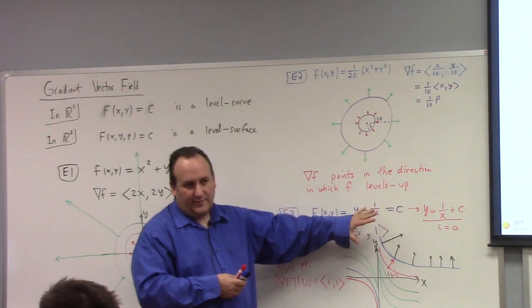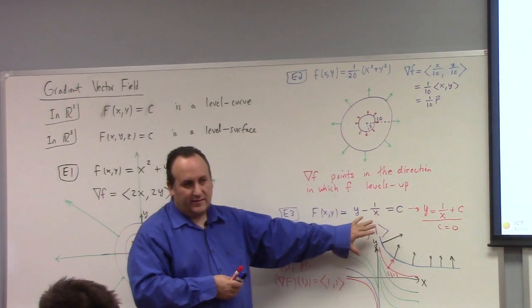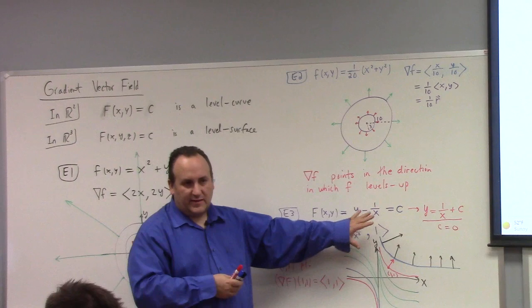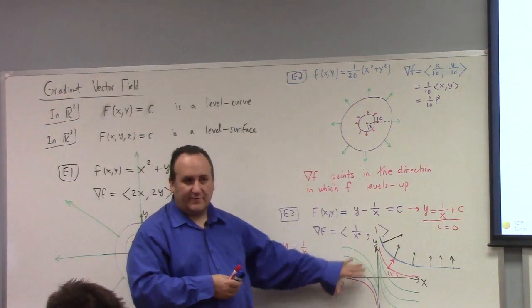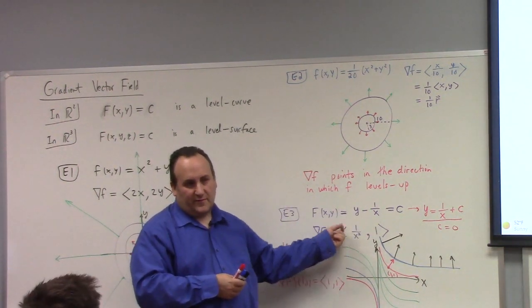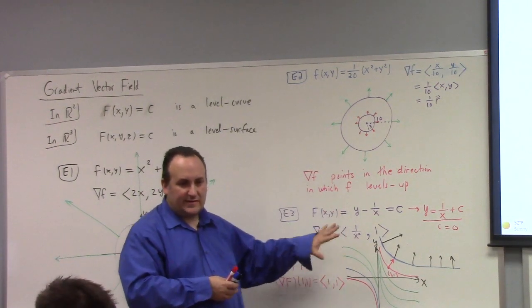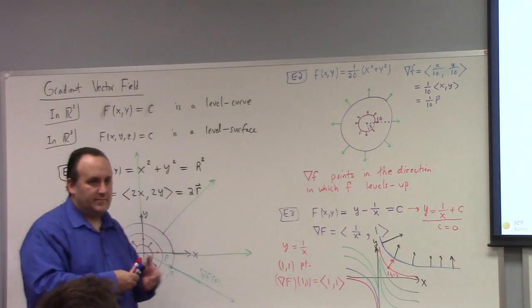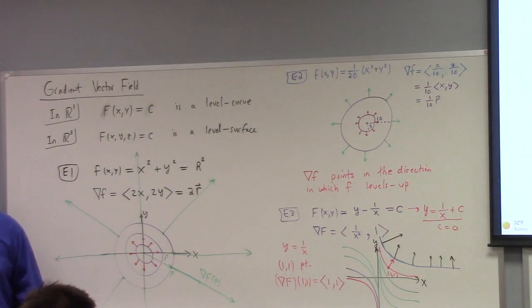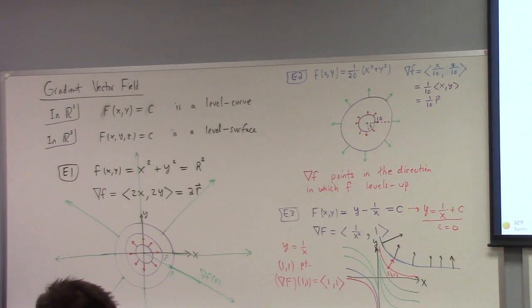You want to pick, I would say as a general rule of thumb, if you're going to do it by hand, maybe 3 or 4 level curves that are representative of the graph you're trying to fill, and then pick at least 4 or 5 points on each one of the curves in order to add vectors to those. That would give you a pretty decent hand-to-hand combat vector field. I've almost never tested on this